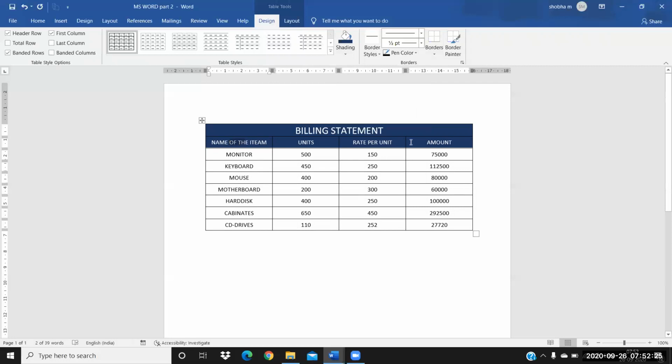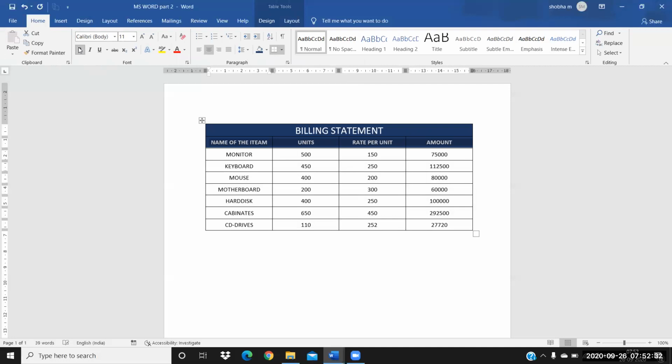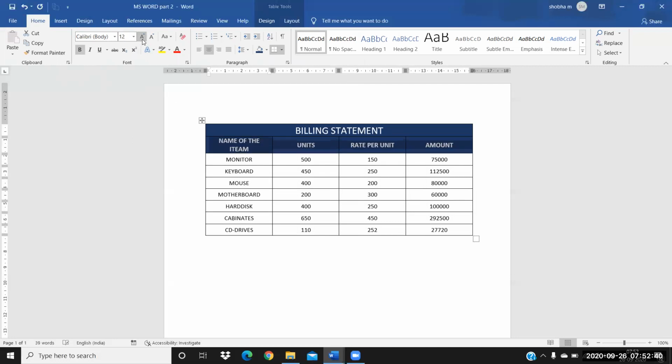So what I do, I'll select the text again, go to the home tab, and click on bold. And this bold you can also do with the Control B option, a shortcut key. So just increase your size.